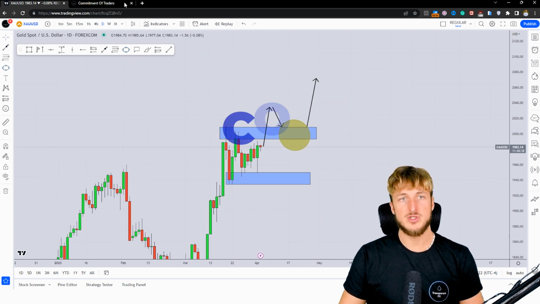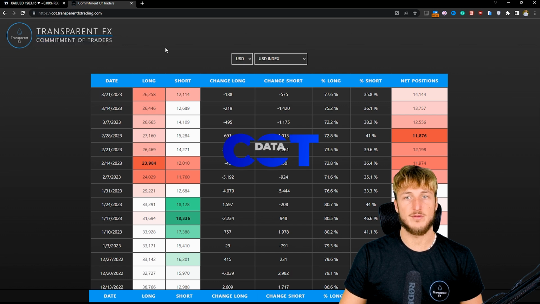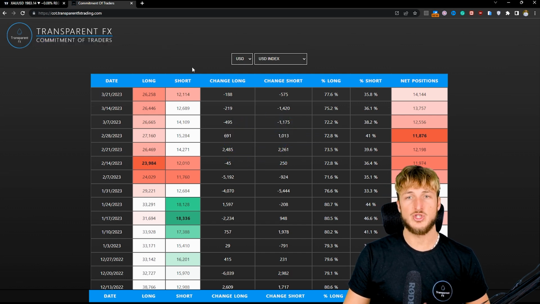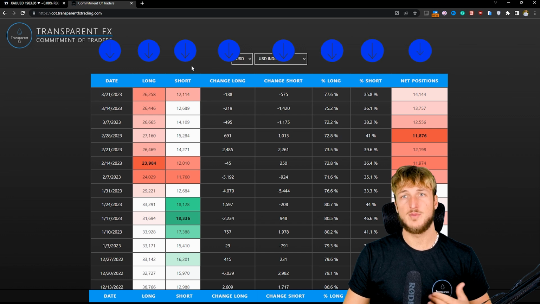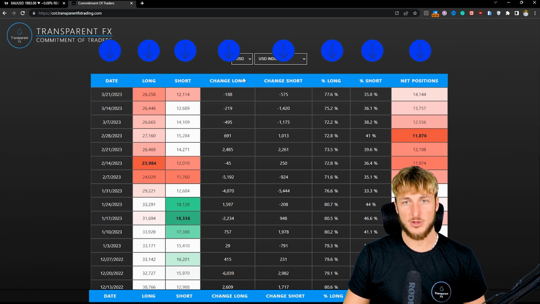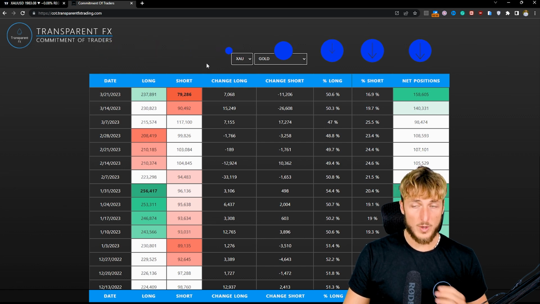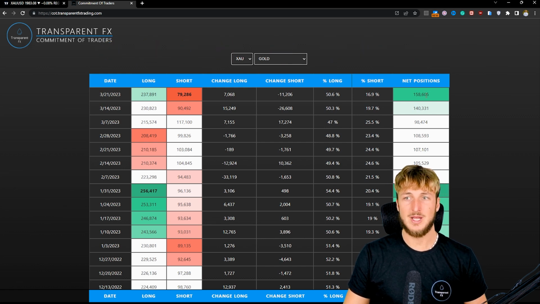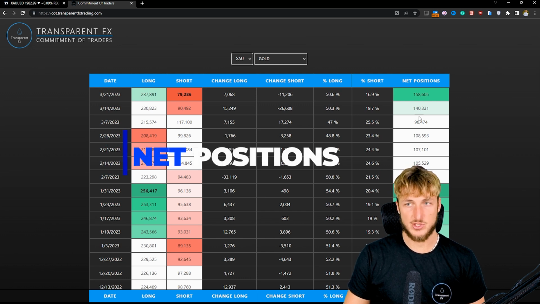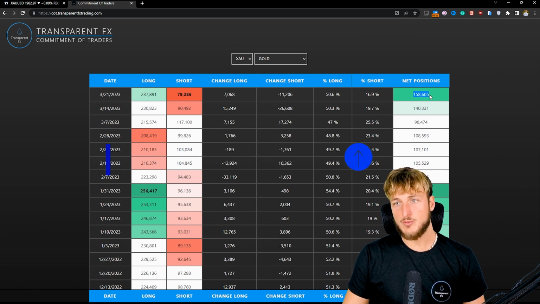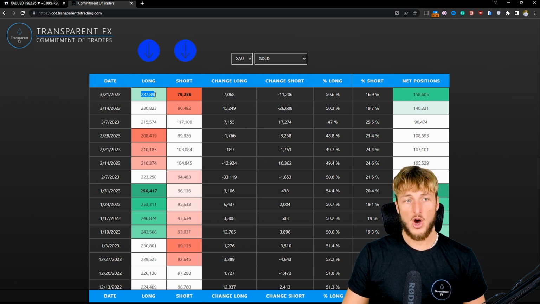Now, if we go and see what we have when it comes to the commitment of traders, the COT data, which is what the non-commercials, the biggest speculators in the market, are doing, and we check the data specifically for gold, what we can see here is that hedge funds with the last reports, so institutions, have been increasing their net positions. We went from having 98k net positions all the way up to 158k net positions, showing how longs went from 208k all the way up to